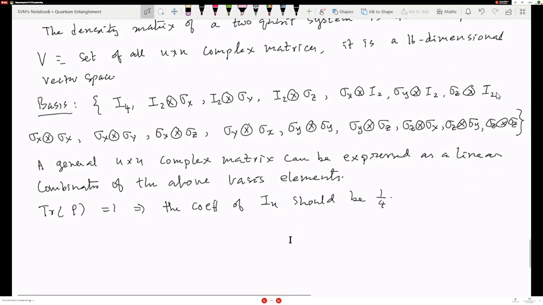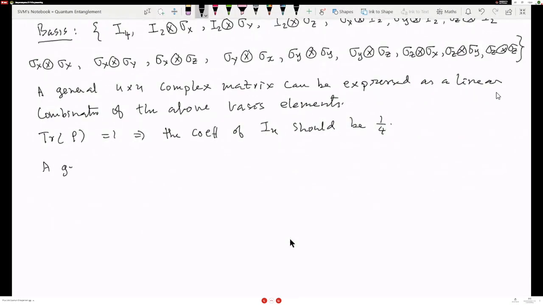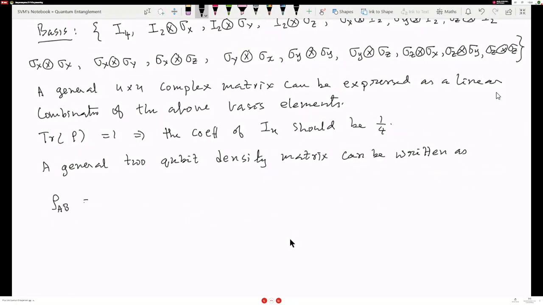So we can write down a general 2-qubit density matrix. A general 2-qubit density matrix can be written as rho AB is equal to 1/4 of I4 plus